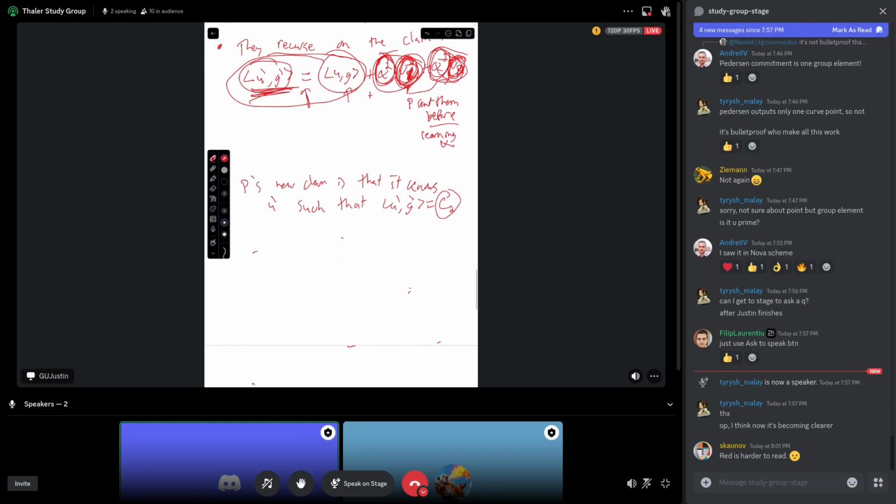And so then you just repeat, right? So again, in this round, the prover sends another set of cross terms. Maybe I'll call it VL prime, VR prime. Then the verifier picks another random field element, call it alpha prime, sends it to the prover, and then they recurse on the claim